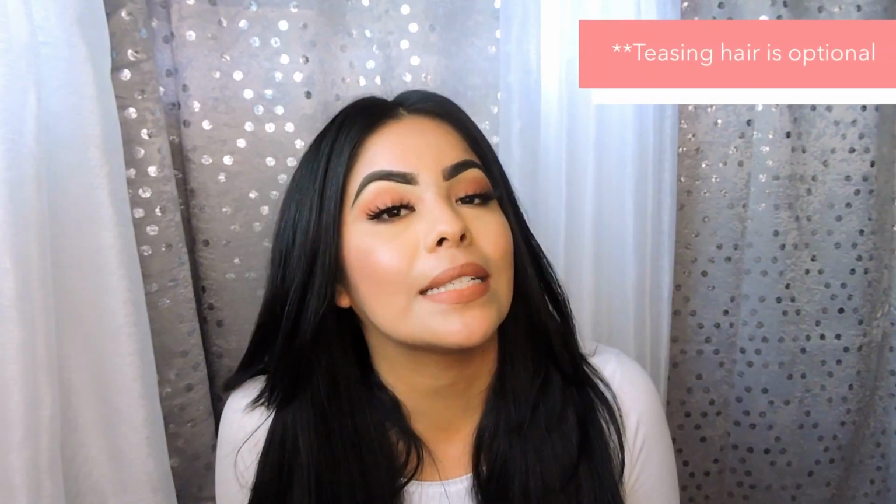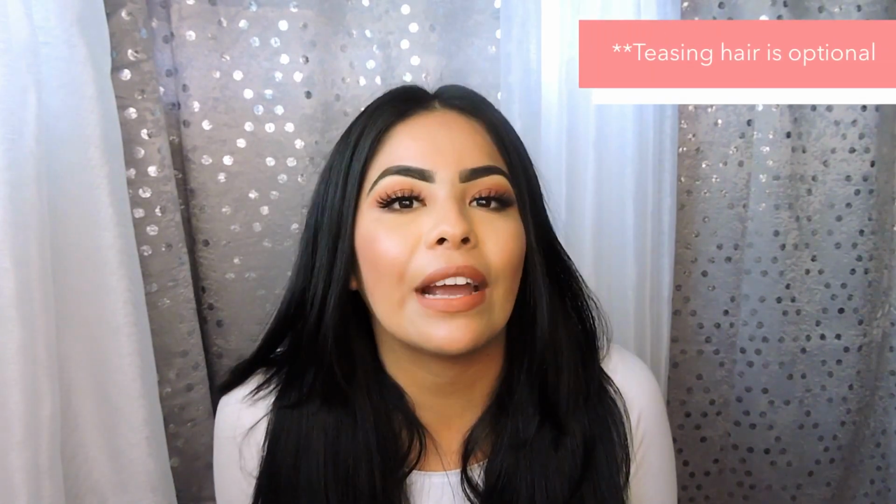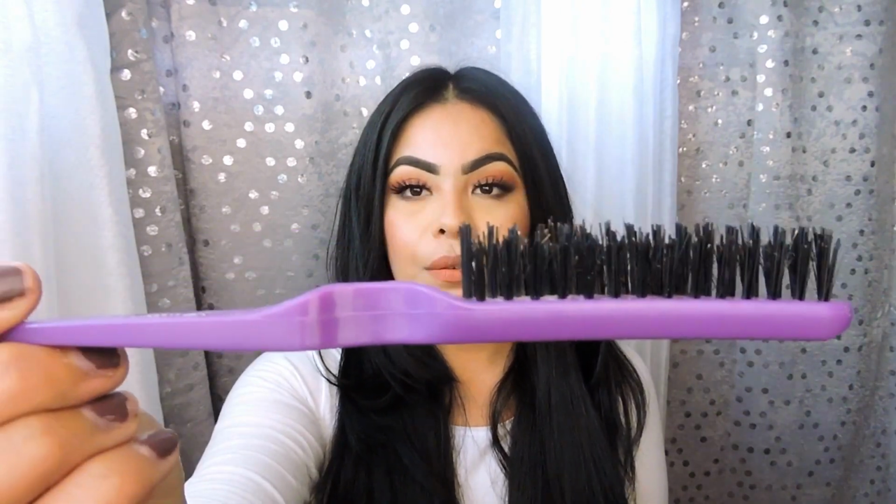Okay girls, so my hair is nice and blow dried. You guys can definitely leave it like this. Pretty cute. But I'm going to show you guys how I tease my hair because I love big hair. I want to show you what I use to tease it, how I tease it, and what brush I use. I use 2 brushes depending on what I find, right? So I use this nice bristle